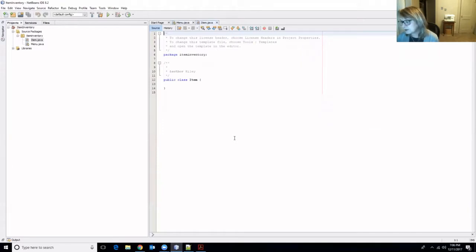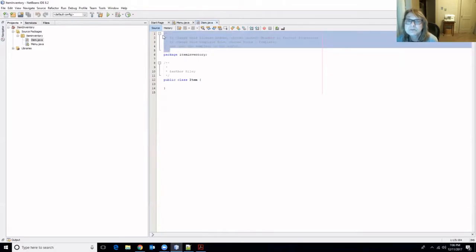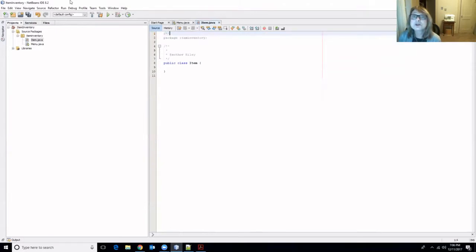Now in the item class I do have some things that we need to add. So first of all, I'm going to update our documentation, and I'm going to do /** and press enter, and that adds those type of comments. Remember that the Javadoc system expects and will allow our program to be documented properly. For this, I'm going to say this class is item, and it defines an inventory